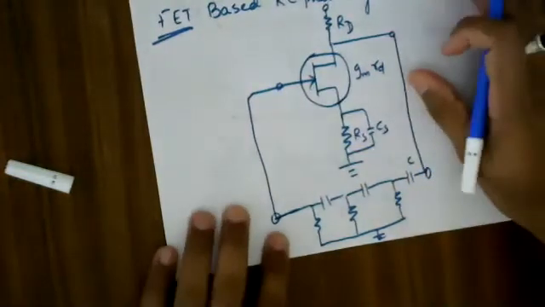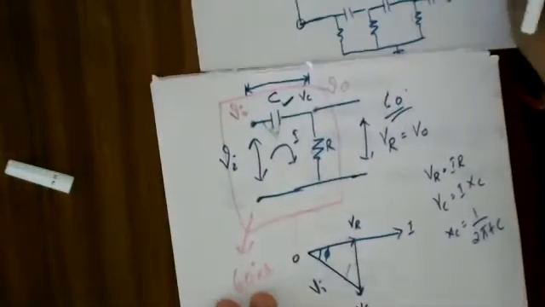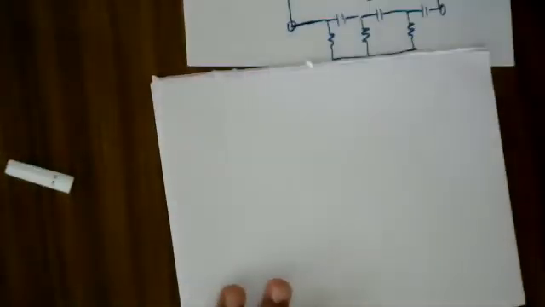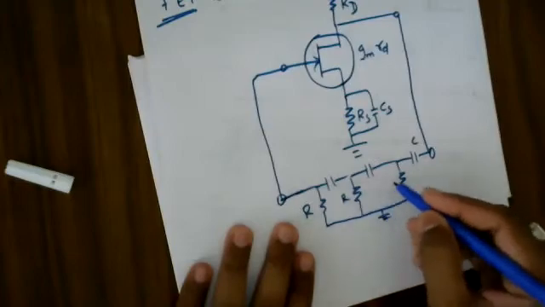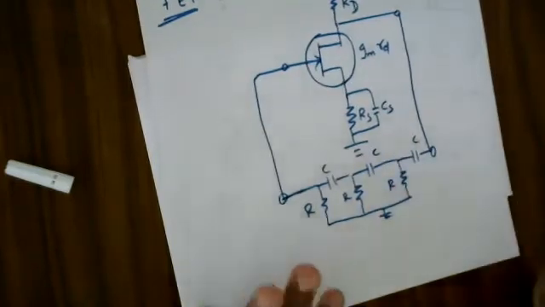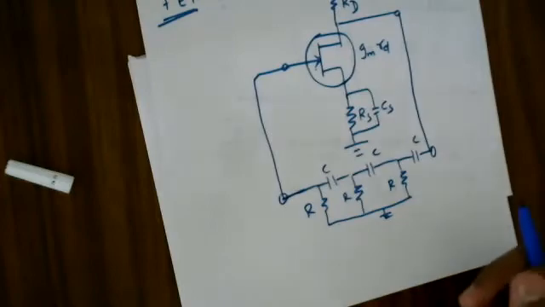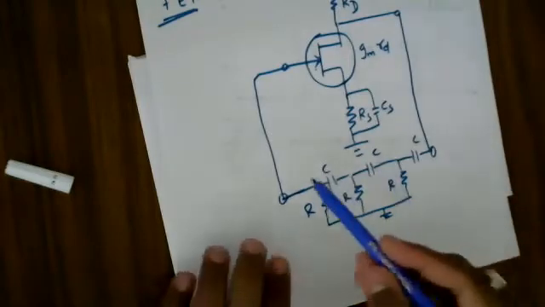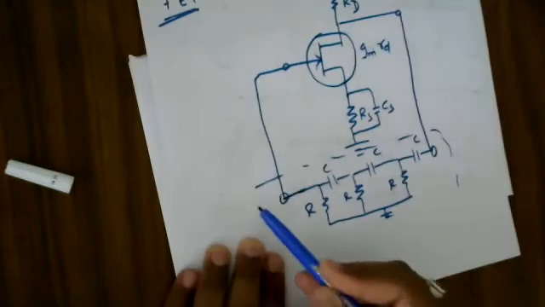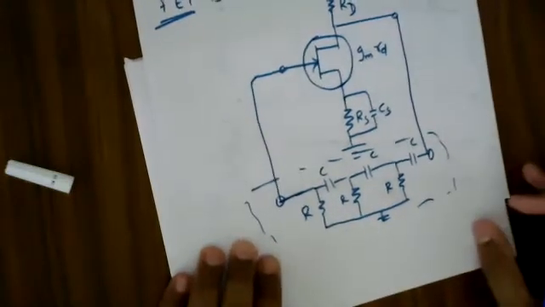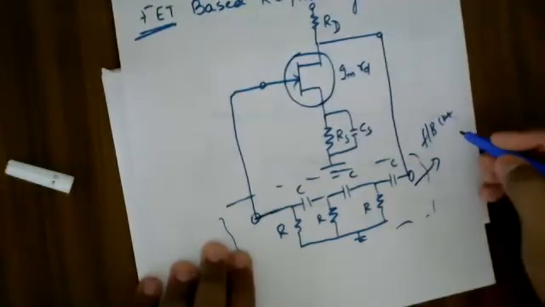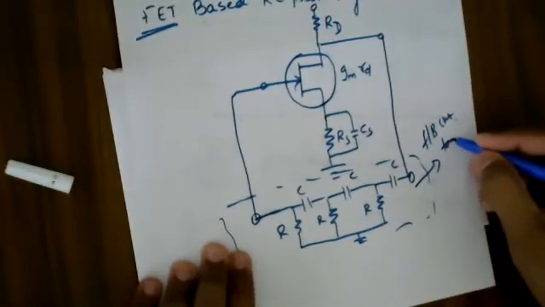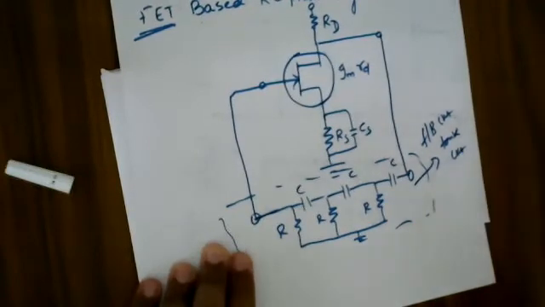Now with this circuit as a reference, a simple equation which we have already written for the various configurations, we'll be using it. Let me say that each value of this will be equal to R and this will be equal to C. A common value we are going to design for this tank circuit. This dotted portion of the circuit, we call it a feedback circuit, is also called a tank circuit.